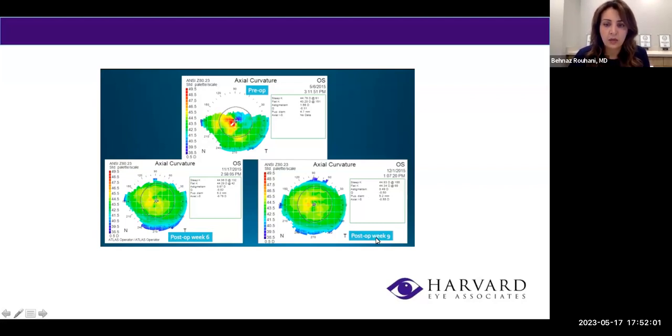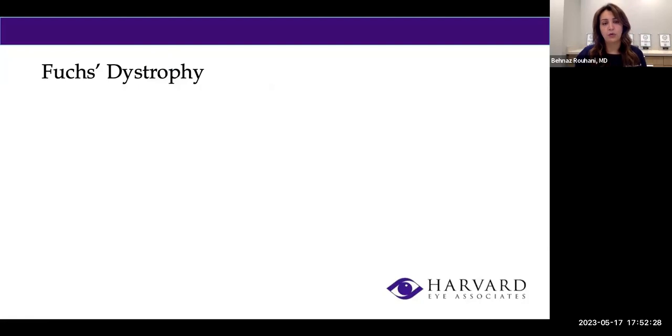And then 9 weeks after, which is 3 weeks after the 6 weeks that we want to check, we have to at least have 2 topographies or cornea mappings showing the stability of all these numbers and astigmatism level before we proceed with cataract surgery, in order to make sure all those pre-op exams that patients go through will give us the best accurate numbers in order for us to choose the lens power that is perfectly giving you a good visual outcome.